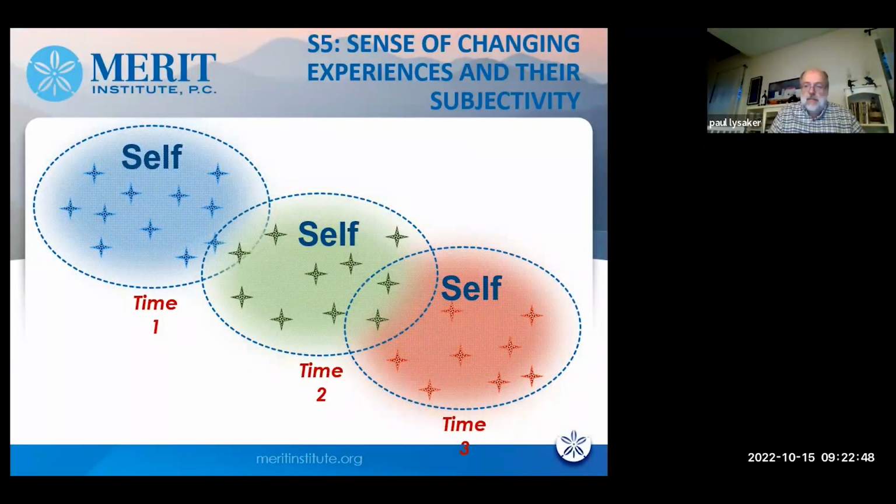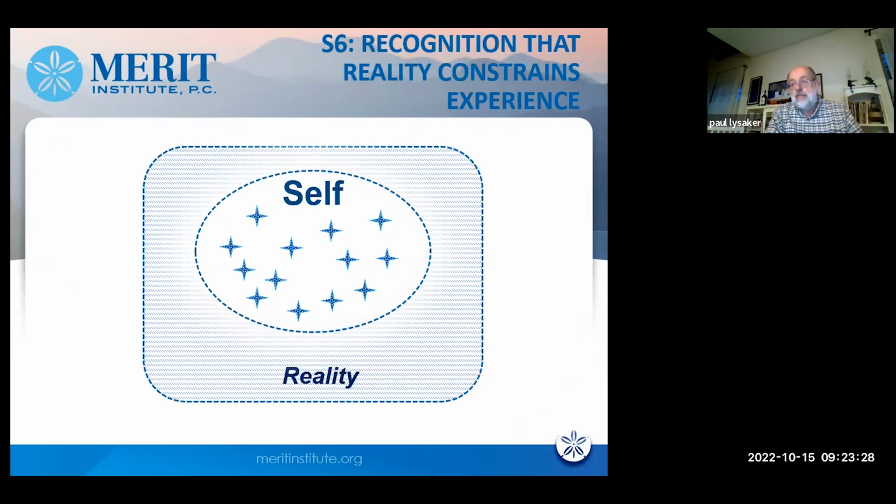And here's, again, an attempt at a drawing where there's a self at time 1, time 2, and time 3. And I can see myself across hours or days or weeks. I can see my moods changing. I can see my emotions changing. Importantly, I can see my ideas changing. My ideas are subjective and they change over time. Things I originally thought are different now than they were even yesterday or perhaps even earlier today. That I form subjective ideas about things that are fallible and changeable, and that this extends into the future. And this is the sense of self that I need to have to be able to distinguish what's going on with me from reality.